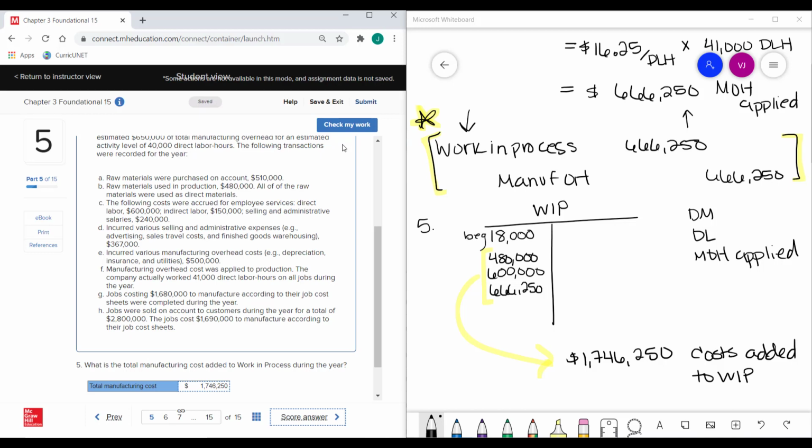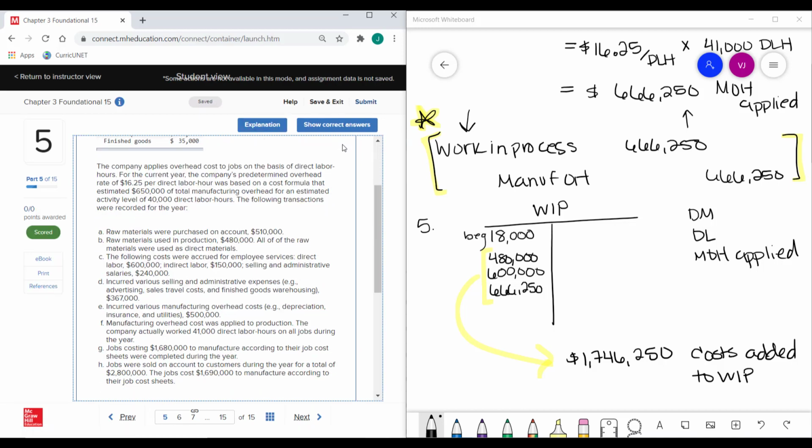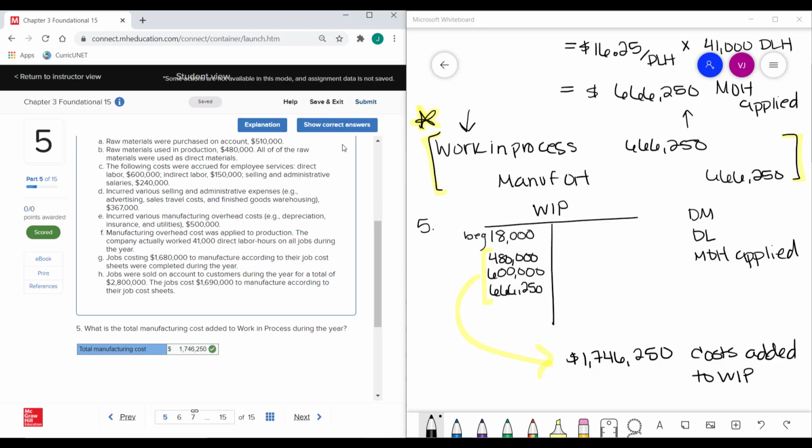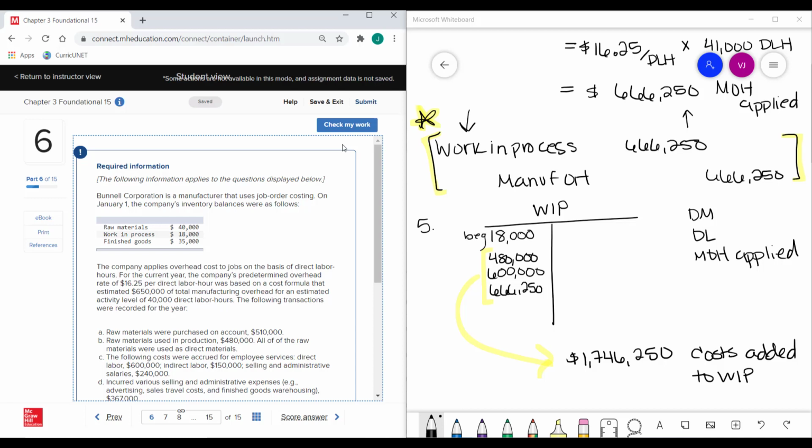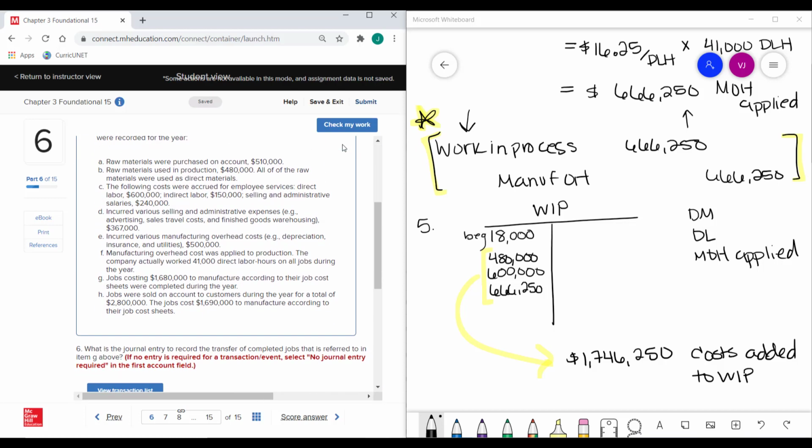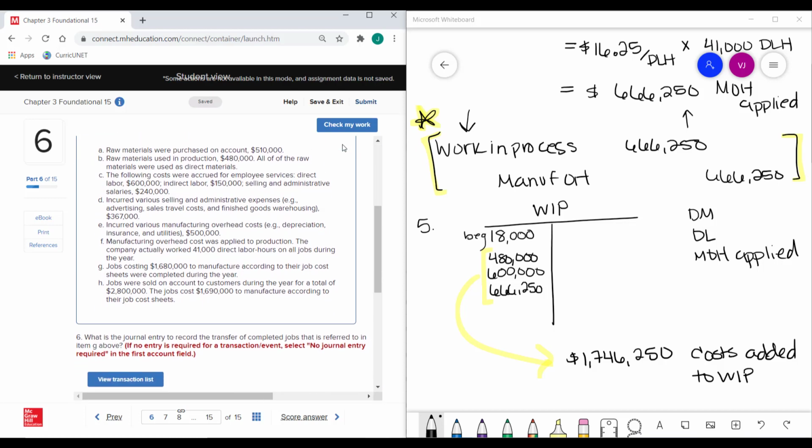Okay, we're scoring that answer. Okay, very good. Looks good. On to the next one. What is the journal entry to record the transfer of completed jobs that is referred to in item G above? So item G says jobs costing $1.68 million to manufacture according to their job cost sheets were completed during the